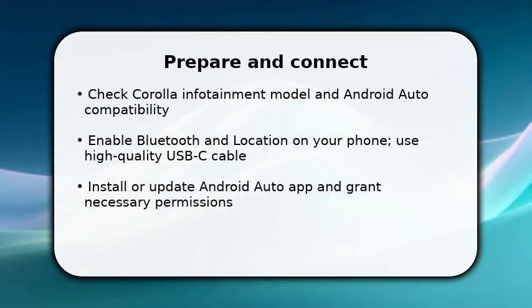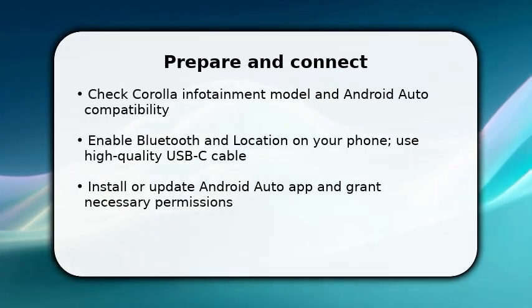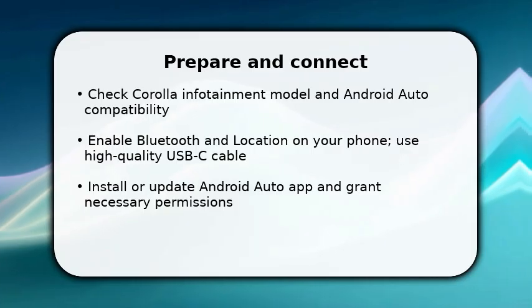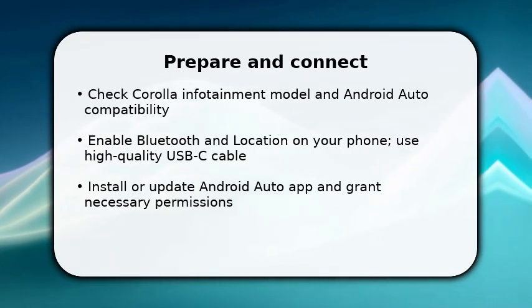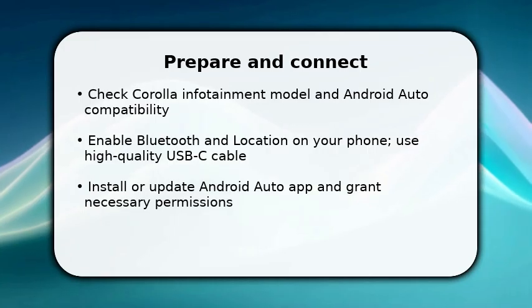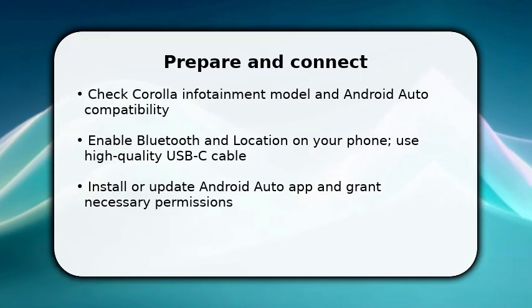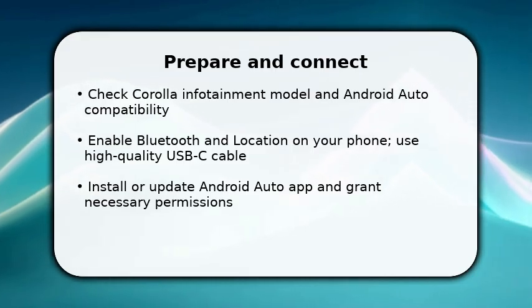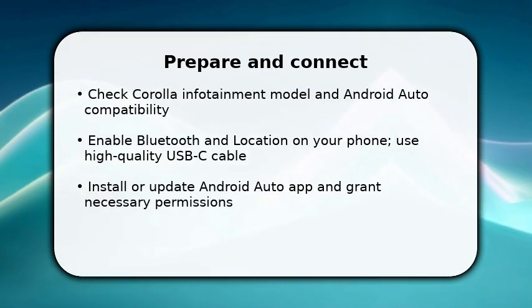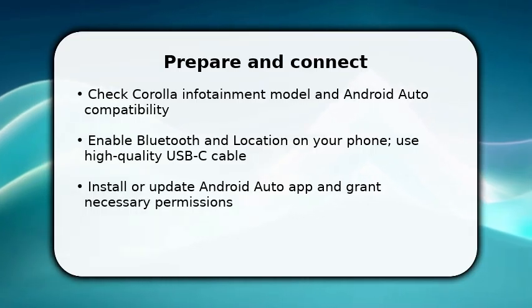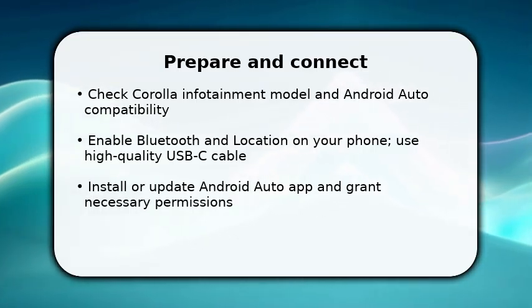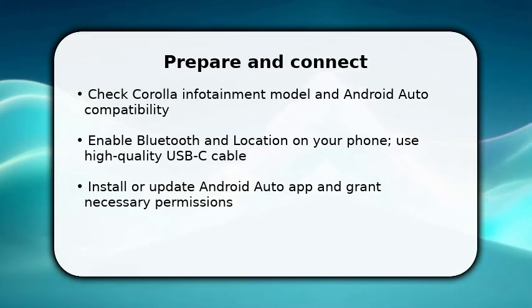You start by preparing both phone and car so the connection is reliable. Plug a quality USB cable into the Corolla's USB port, enable Bluetooth and location on your phone, and open Android Auto. If the system prompts, allow permissions for contacts and media. This gives the head unit access to navigation and calls. Once done, follow on-screen pairing prompts in the car's infotainment system and accept prompts on your phone to trust the